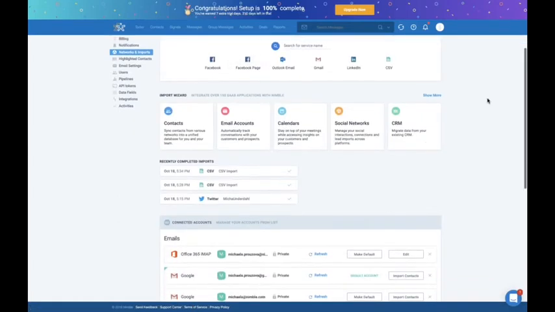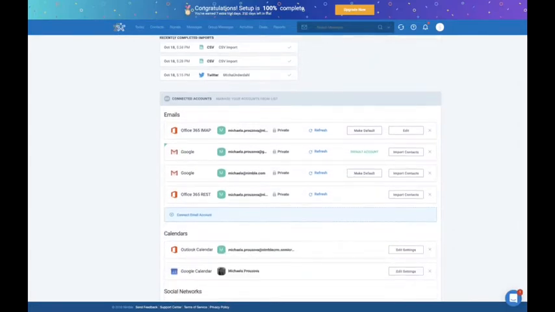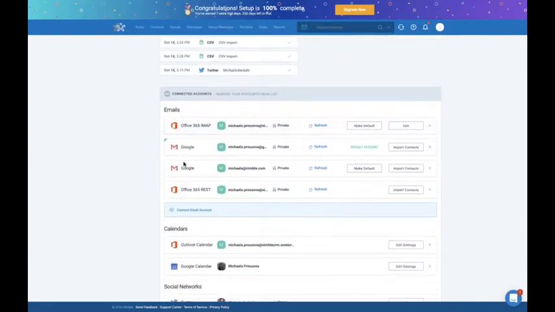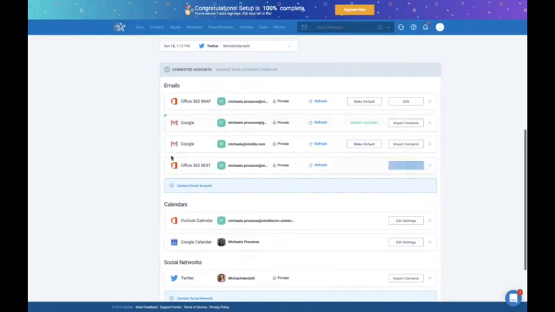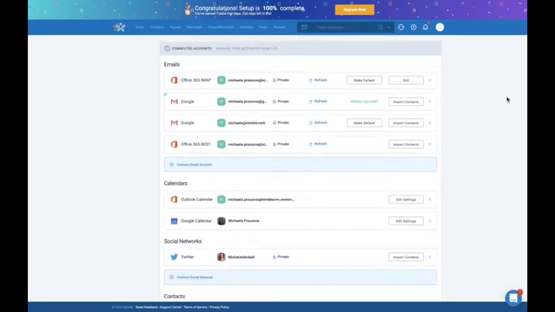Probably the first thing you should do is to connect your emails. As I mentioned at the beginning of the session, it's very easy to connect your emails into Nimble. You can do your G Suite Gmail, you can do your personal Gmail, you can also connect your Office 365 Outlook, and you can do a combination. You can do as many as you want, which is really useful when you're using multiple emails for your business,